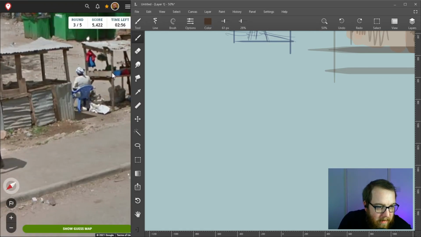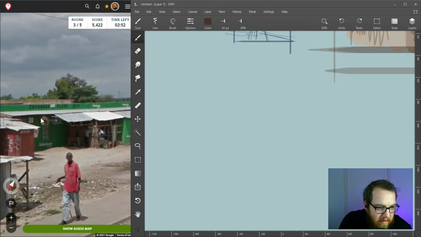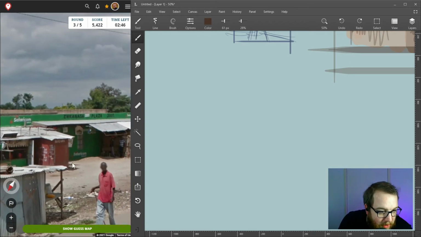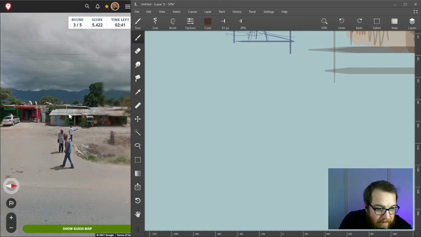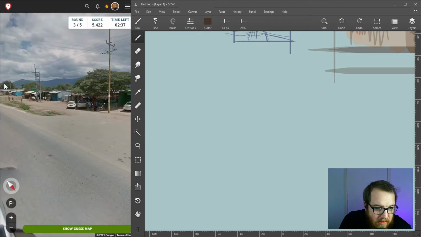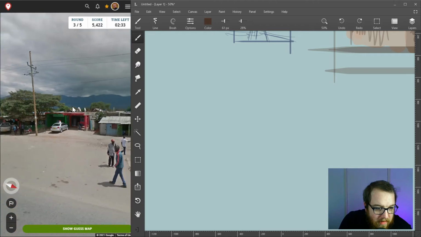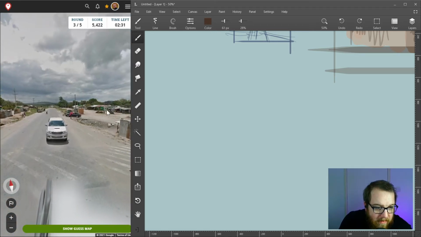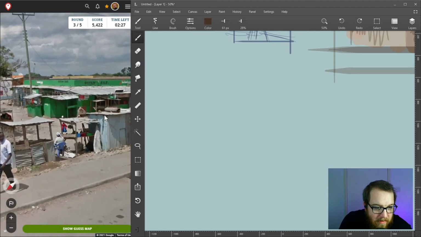Let's do this. Okay, so jumping in straight away, it's looking like Africa. Encanasa dot. Oh, I can't make out what the extension is. I'm thinking this could be Kenya. Possibly. I think that's what we're going to go for, and we need to find something that's hopefully relatively simple to